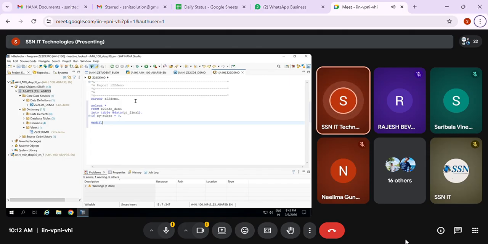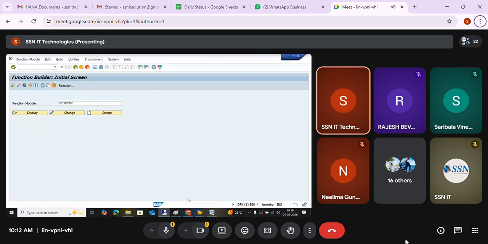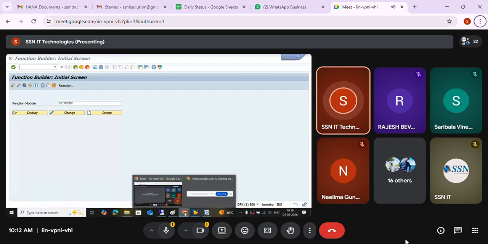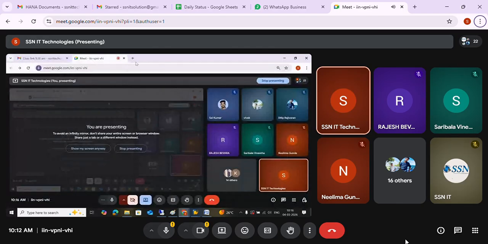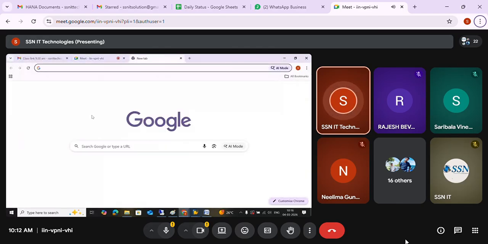But is there any other option without using that? Can I display OOALV? Yes, we have another option. No need of creating the screen, or drag and dropping the custom controller, all those things. Directly we can use that. What is that option? We have one more class, which is called SALV table.